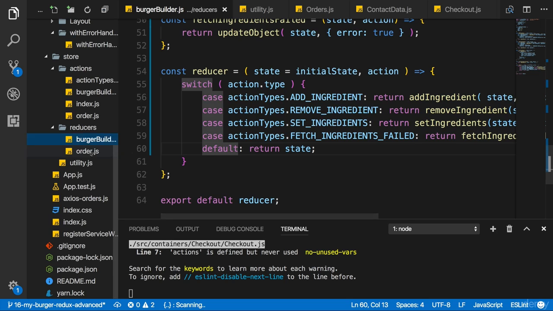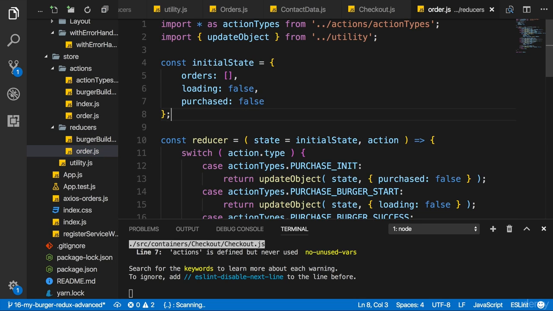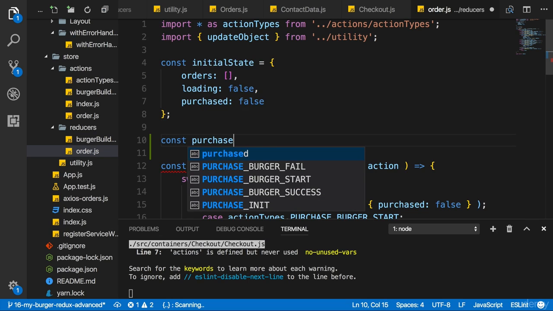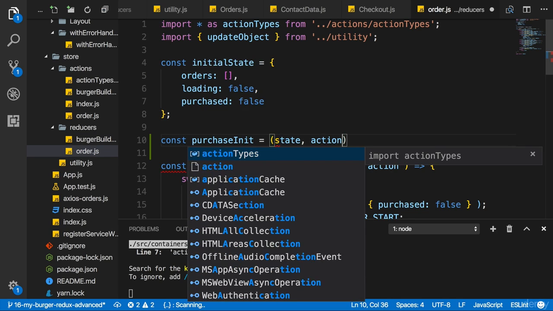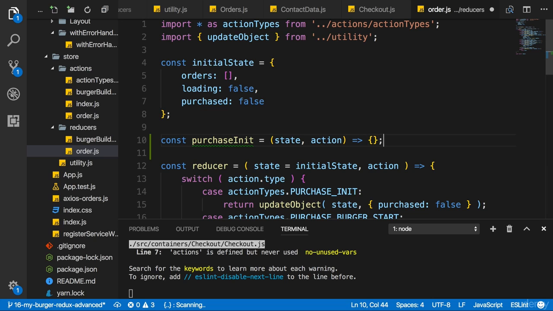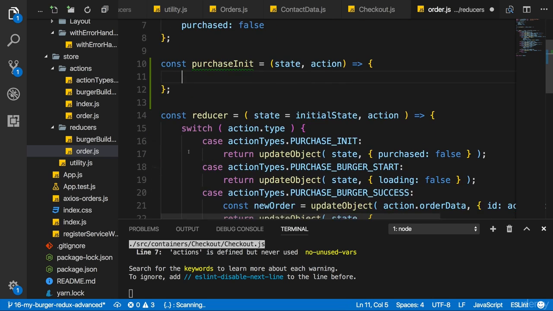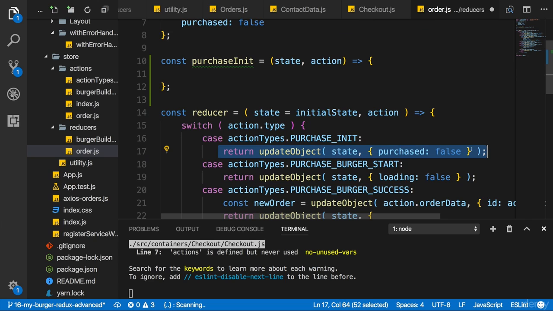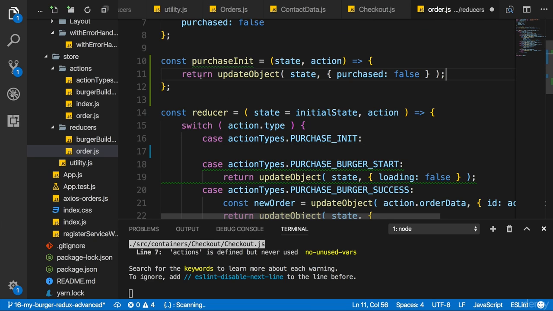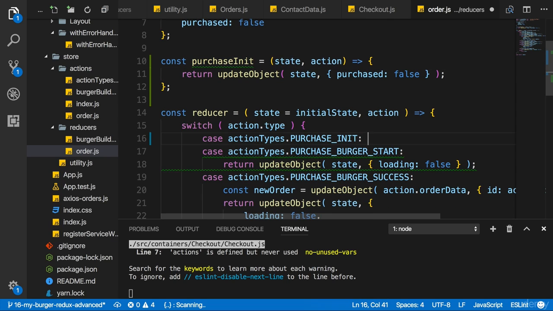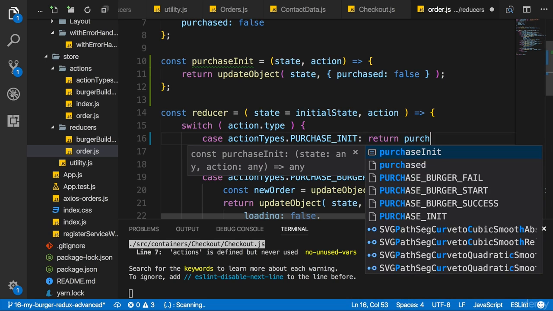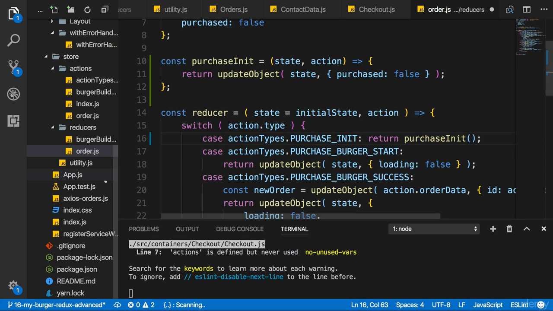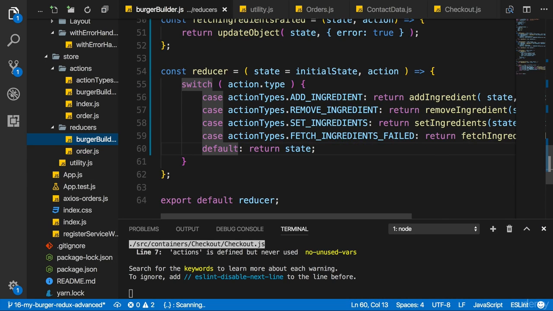Now, we can of course do the same for the order reducer. So there I'll also add a function purchaseInit, where I get a state and an action, and where I return something. Or I don't do yet, but I do now because I cut the code from the purchase init case and put it without any changes into purchaseInit, just like before, and then return purchaseInit here for this case, just as in the burger builder, where I also always returned these function calls and the result of the function calls, to be precise.